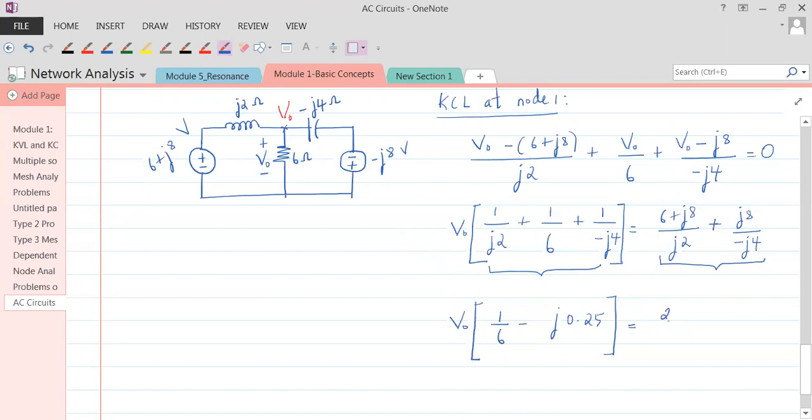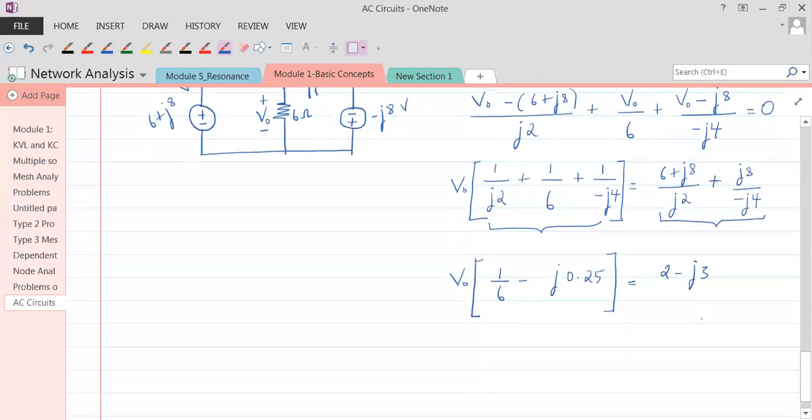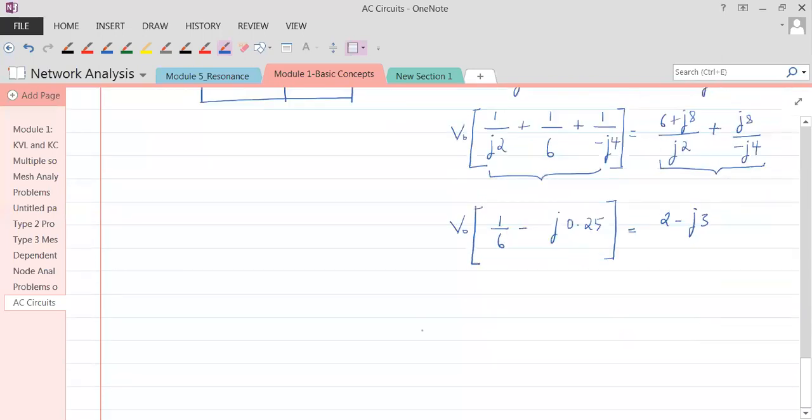So this would be 2 minus j3. If you just work this out, we'll get our V naught to be 12 volts. I have some techniques, I'll be telling you that. Fine. Now